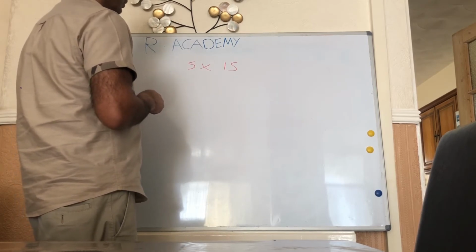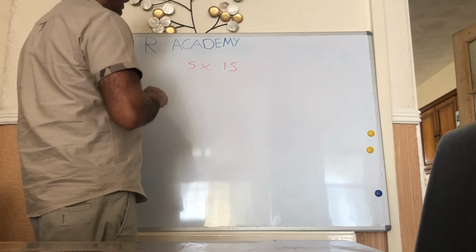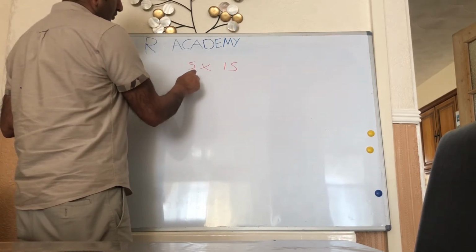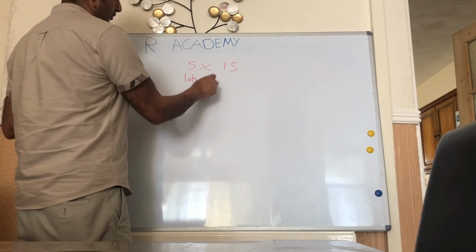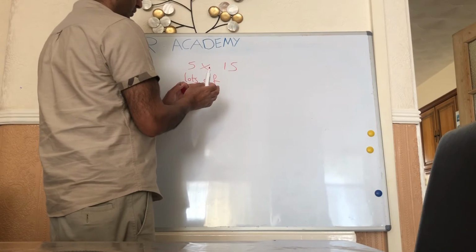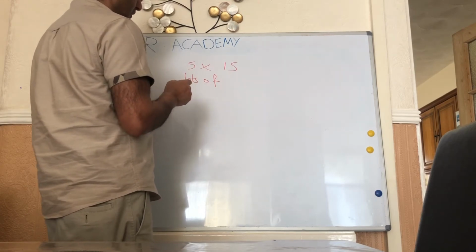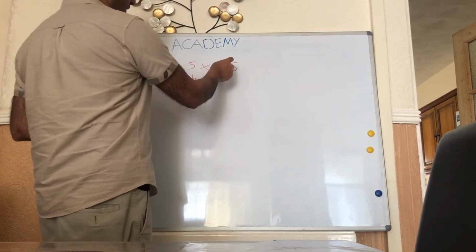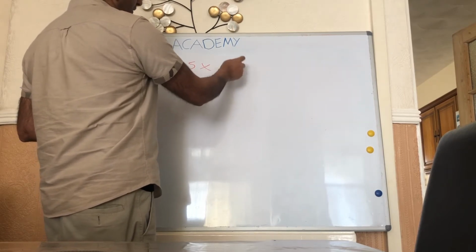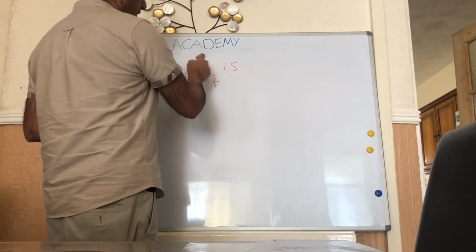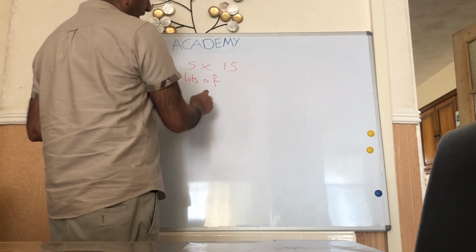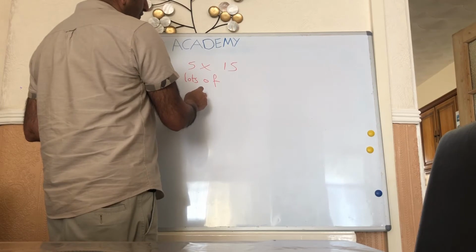So you could do that by saying, as I did before, lots of. A lot meaning a group of, say, coins. So if you had 15 groups, 5 of 15 groups, so you would then either draw